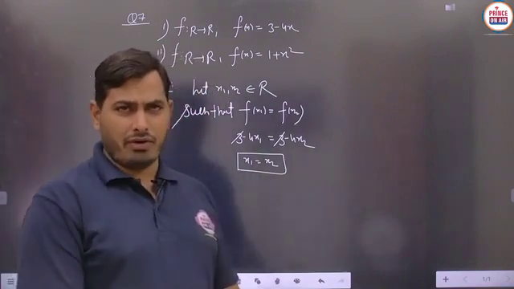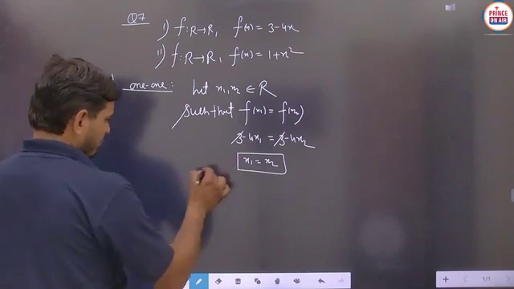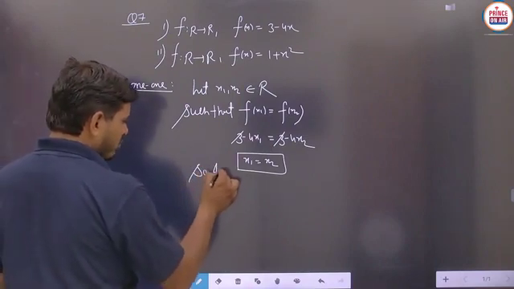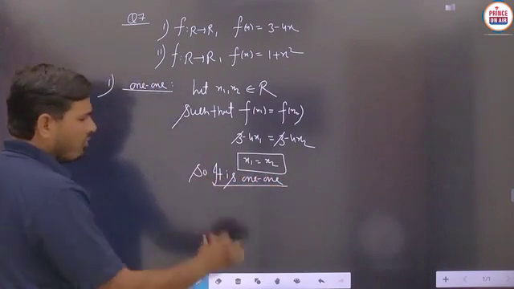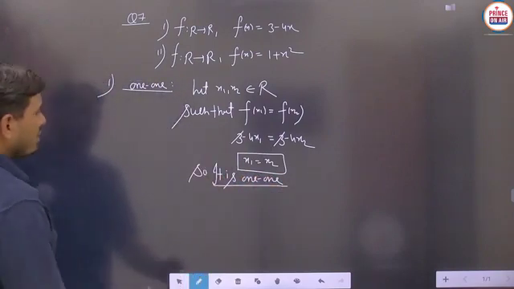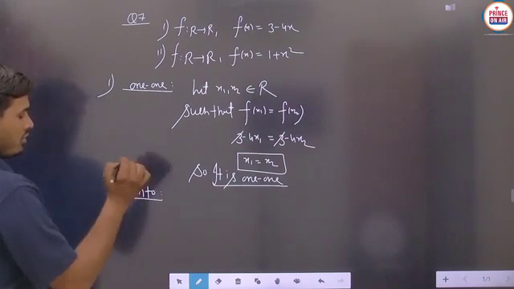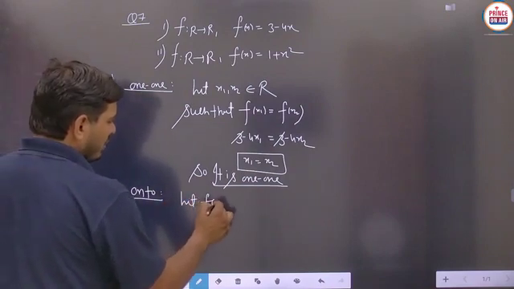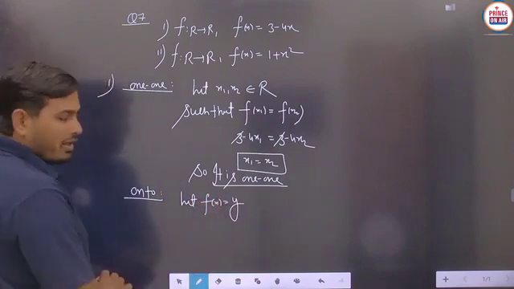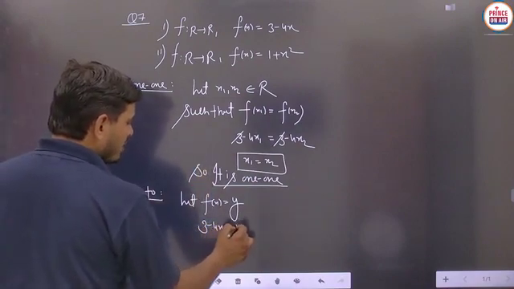Because for each and every real number you will always get x1 equals x2, and for this case we can say that it is said to be a one-one function. So it is said to be the one-one function, no problem. Next part, students, we have to check for the onto case. So in the case of an onto function, what we say is: let f of x equals y, and f(x) is what? 3 minus 4x. So 3 minus 4x equals y.